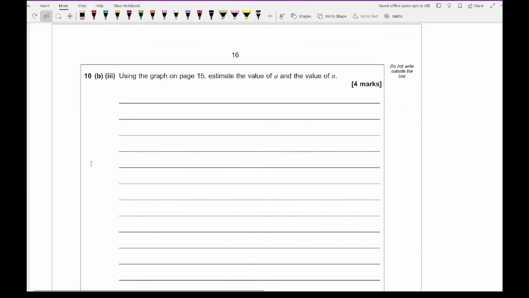Then for 10bii, it says, using the graph on page 15, estimate the value of a and the value of n. Well, for this, ln a, going from the equation, is the y-intercept. And if I use my graph to work out what the y-intercept is, I get that ln a is roughly about 6.9. So if I then go on to work out what a is, a equals e to the 6.9, I get an a value of